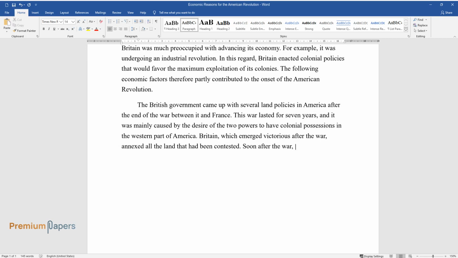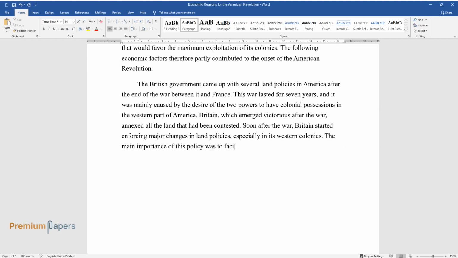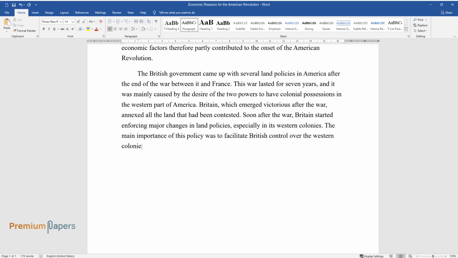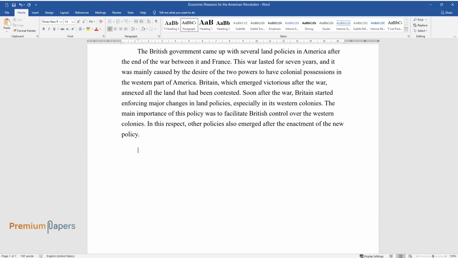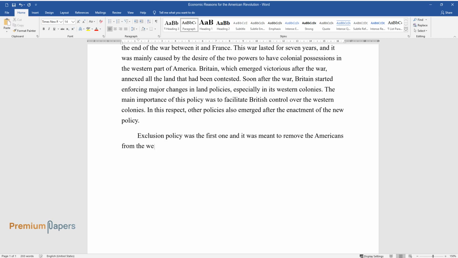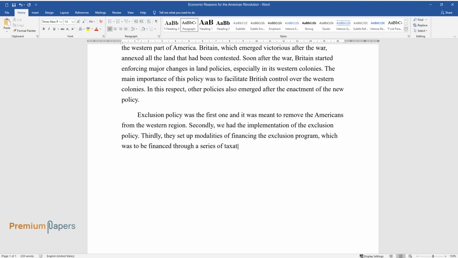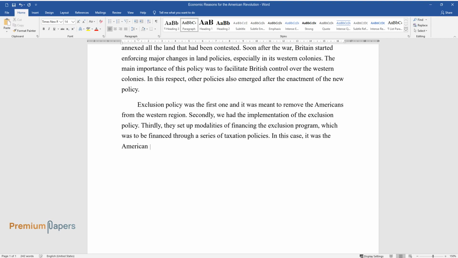Soon after the war, Britain started enforcing major changes in land policies, especially in its western colonies. The main importance of this policy was to facilitate British control over the western colonies. In this respect, other policies also emerged after the enactment of the new policy. Exclusion policy was the first one, and it was meant to remove the Americans from the western region. Secondly, we had the implementation of the exclusion policy. Thirdly, they set up modalities of financing the exclusion program, which was to be financed through a series of taxation policies. In this case, it was the American citizens who were supposed to pay for the cost of removing their